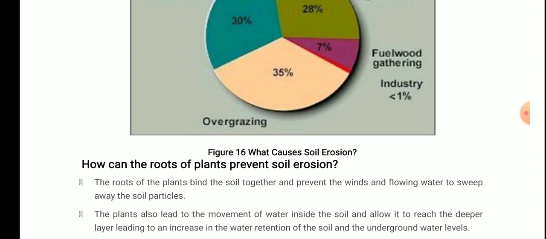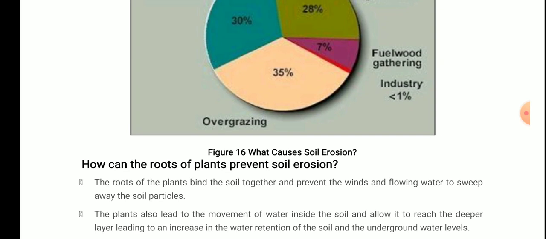I told you when we were discussing soil, what do the plants do? The big plants, their roots are strong, so they bind the soil particles together, and once they bind the soil particles together, whether it is wind or water, it does not allow the soil particles to flow with them. So this prevents soil erosion, and secondly, it is very important that